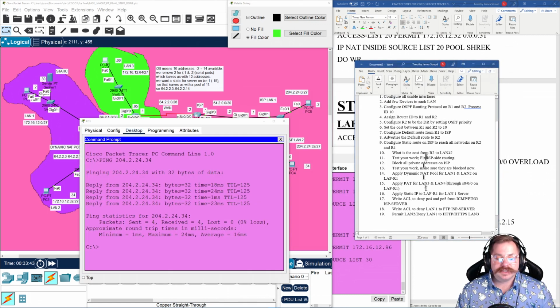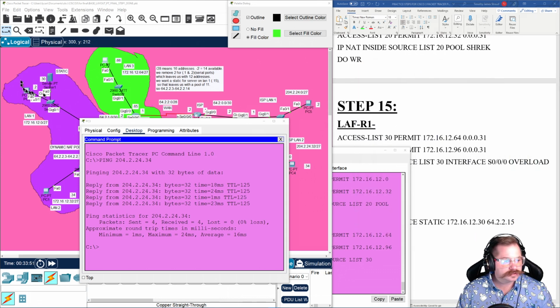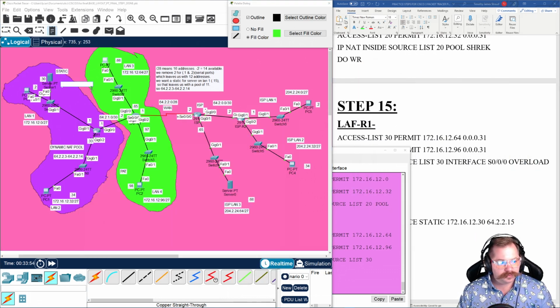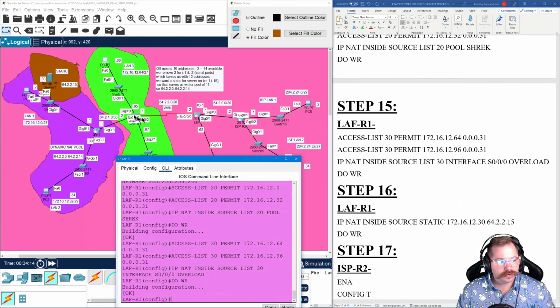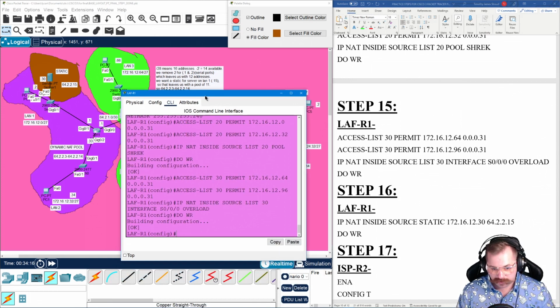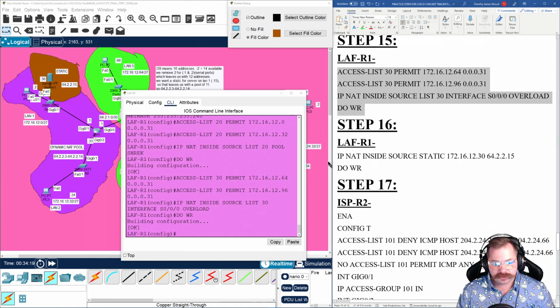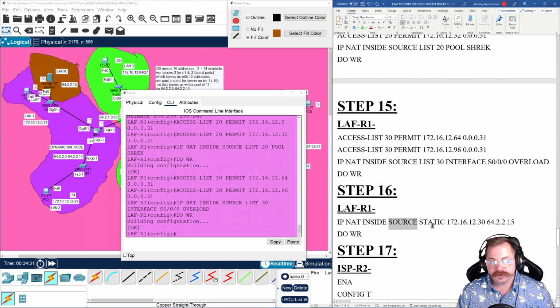Step 16. Apply a static IP address to Lafayette R1 for LAN 1 server. So I want to have LAN 1 server have his own address. And like I said earlier, we're going to give him 64.2.2.15. Okay, simple enough. Again, we're coming back into Lafayette router 1. Why? Because this is the one that's connected to the outside, right? And we're going to basically say IP NAT, and then again inside, and then our source this time, instead of it being a pool, instead of it being a list like we did earlier, we're going to do static. So we say it's just this one address, and we're going to tell it the IP address that we want to be the static,